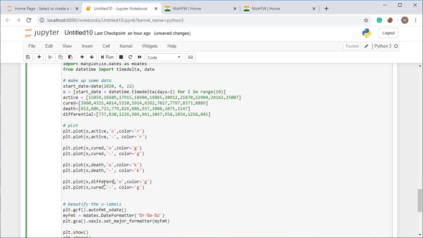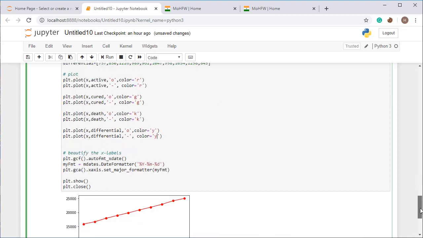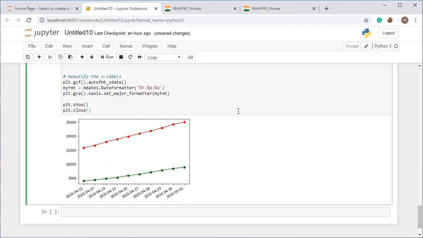Just match the words, because if you make any mistake, then you will get an error. For this I want to plot in yellow color, so I am giving it yellow. This is the thing which I am going to plot here.